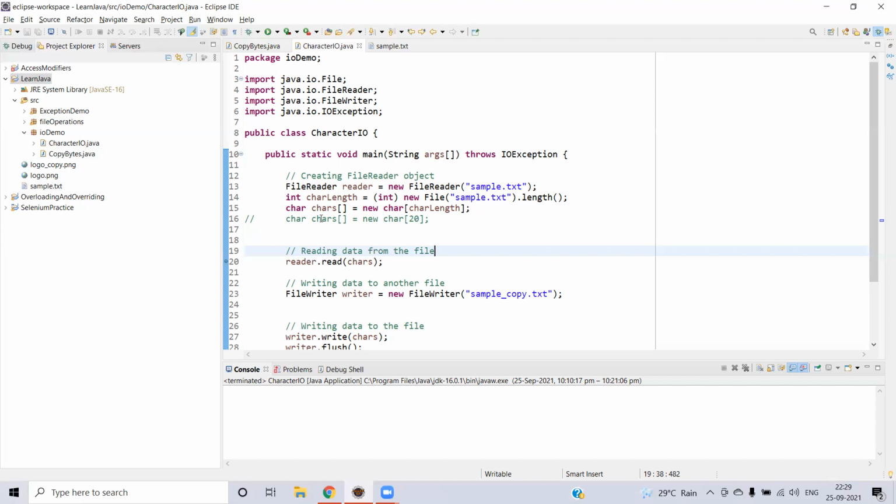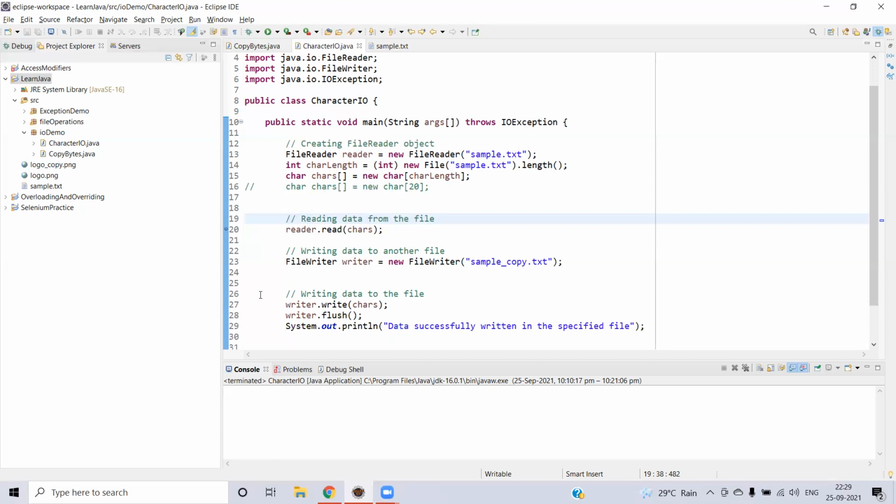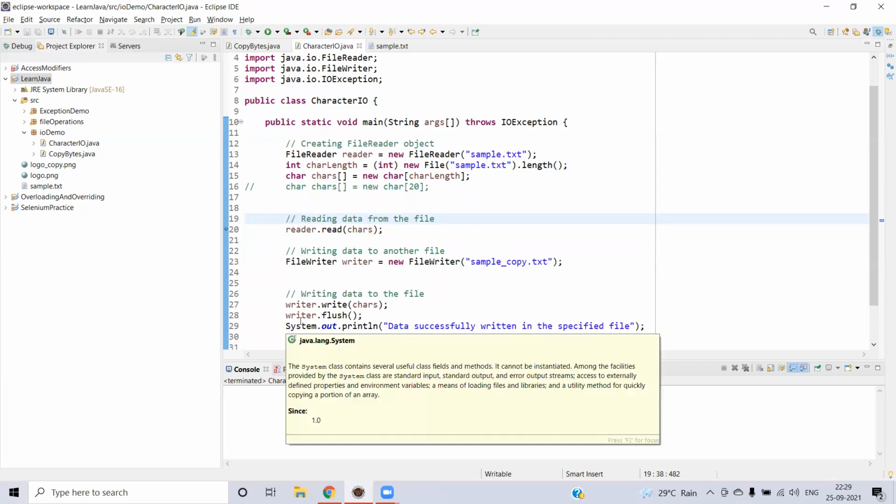Now coming to the next line, we will have the writer object. Here we are creating an entirely new file called sample_copy.txt. After that, we just use the writer object to write it. Now we need a list of characters to be written, right? For that, we have already saved them into the characters array while reading. That's the reason we use the same characters array here, so that this array will be the input for the newly created sample_copy.txt. The entire array will be written inside your new file.